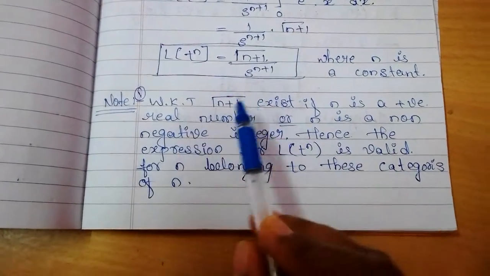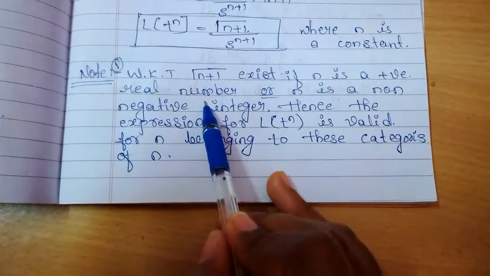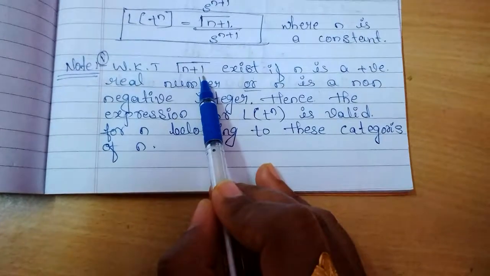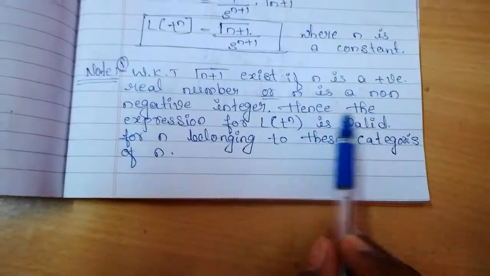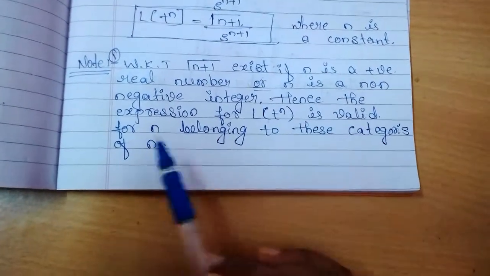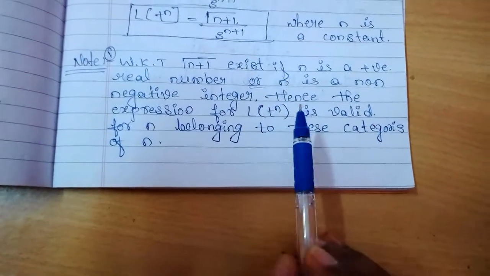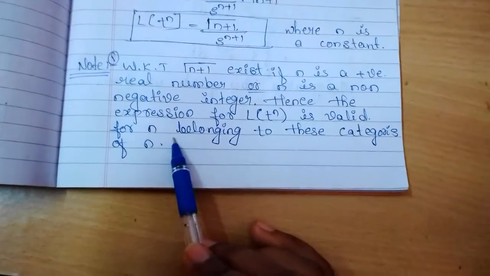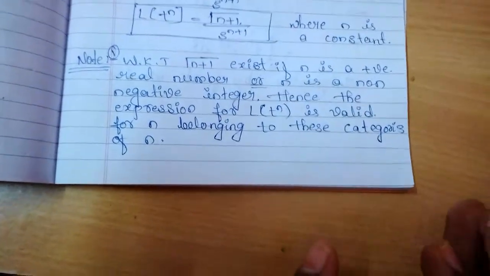First point, we know that gamma of n plus 1 exists if n is a positive real number or n is a non-negative integer. Means gamma of n plus 1 exists only when n is any positive number. Hence the expression for Laplace transform of t raised to n is valid for these categories of n. Meaning, Laplace transform of t raised to n is valid only